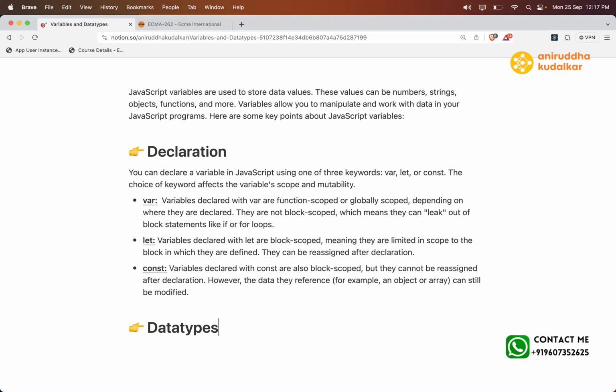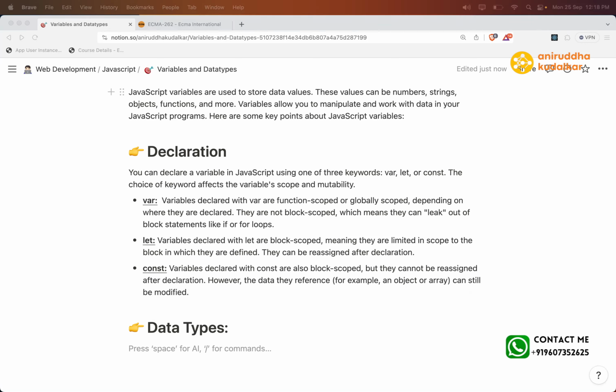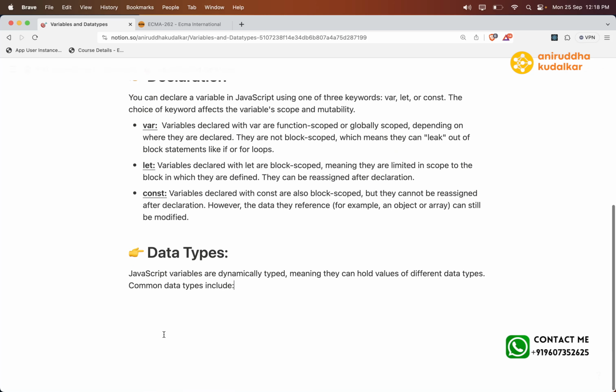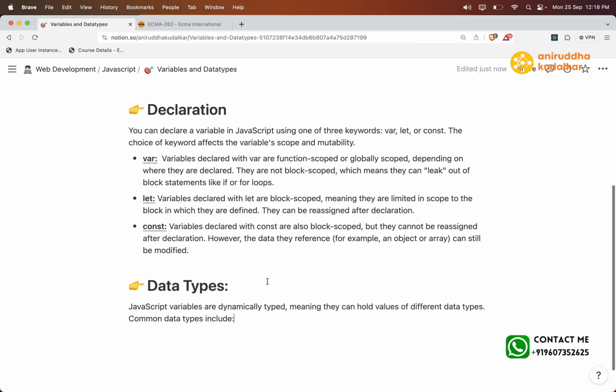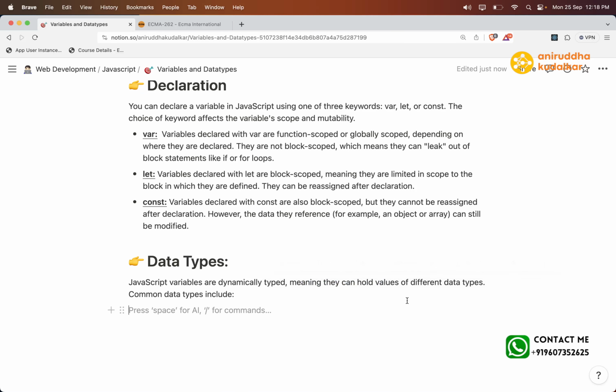Data types. In JavaScript, variables are dynamically typed, meaning they can hold values of different types. They can hold what? Numbers. We can have strings, booleans,